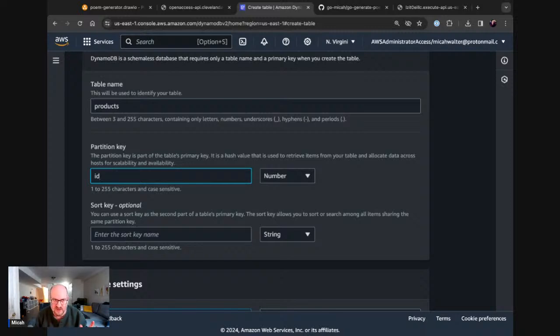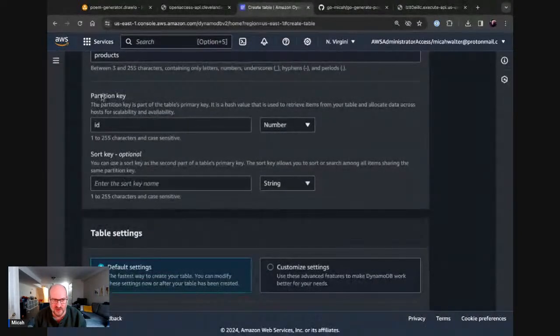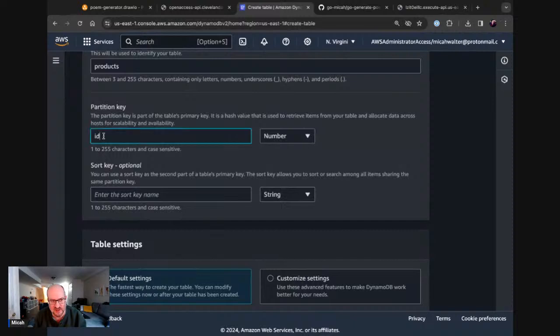And so what was kind of confusing to me when I first started looking at DynamoDB is that there's this thing called a partition key, which the abbreviation is PK, and then there is the primary key, right? And so primary key is kind of like this thing together or this thing on its own. It's also PK, so it's a little confusing. So don't get tripped up on that at first if you're learning about DynamoDB. In any case, every table has to have at least a partition key and optionally a sort key. And you have to decide this when you're creating the table. You can't change it later.